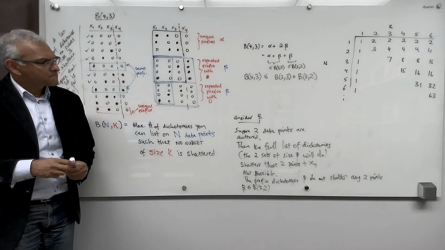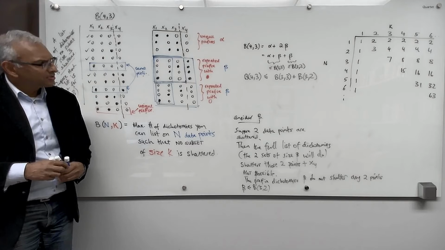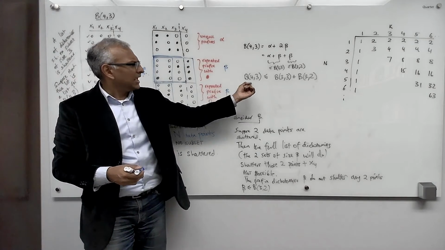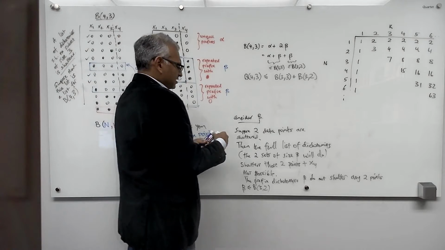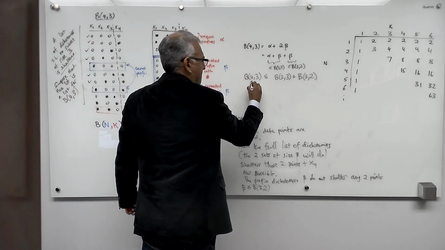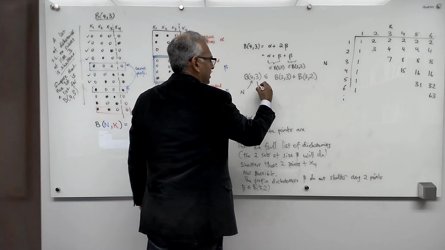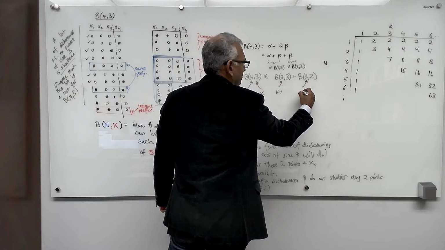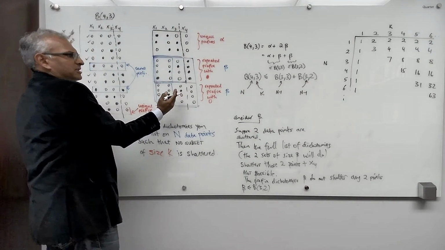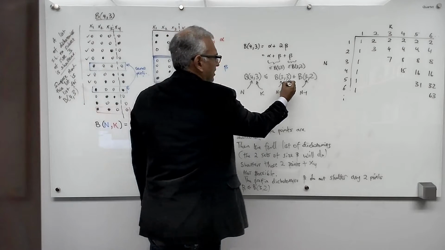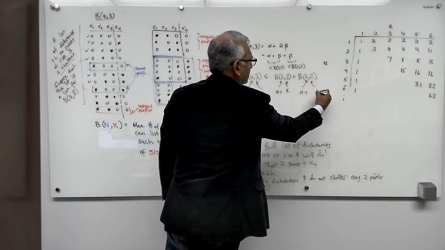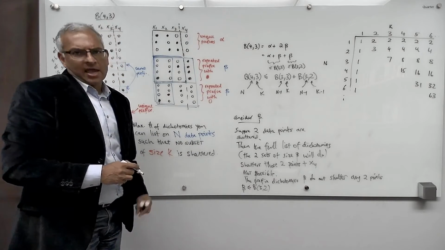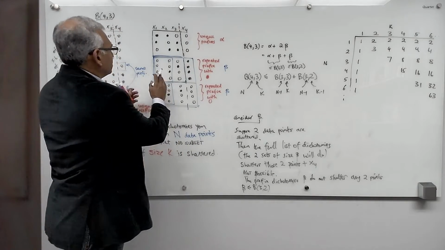Now, I just want to mention that this argument basically generalizes to B(n,k). So this is n, this is k, and you see this is n minus 1, this is n minus 1. That's basically because the argument was based on the prefix of size n minus 1. And here you have k, and here you have k minus 1. And so this argument generalizes, and actually you can sit down and work through it with n data points,